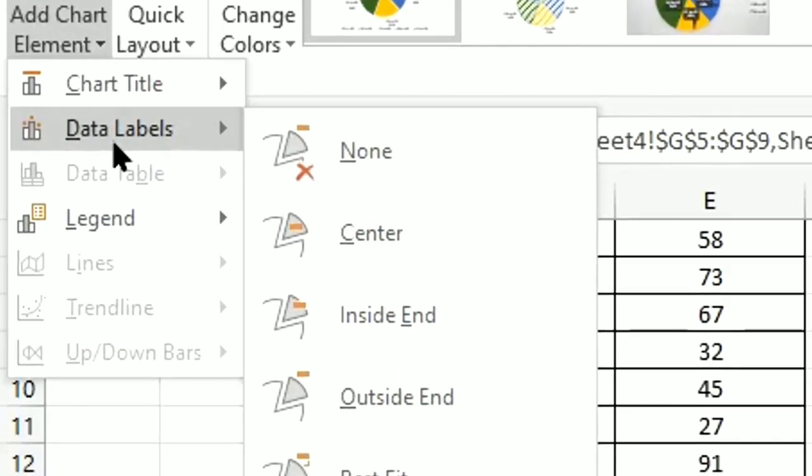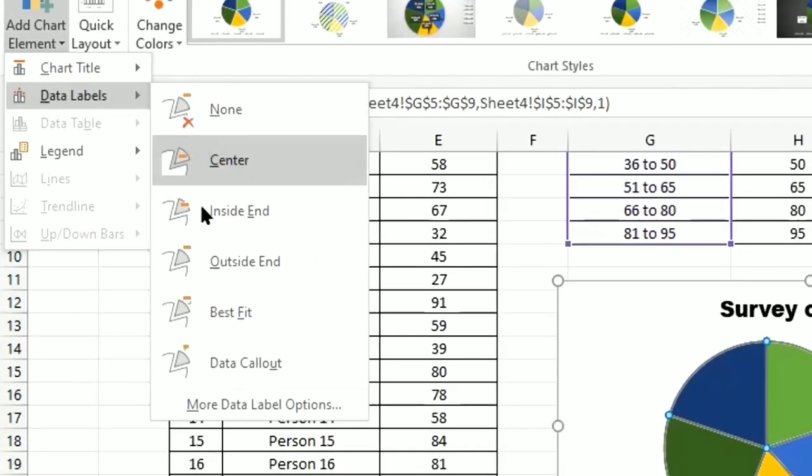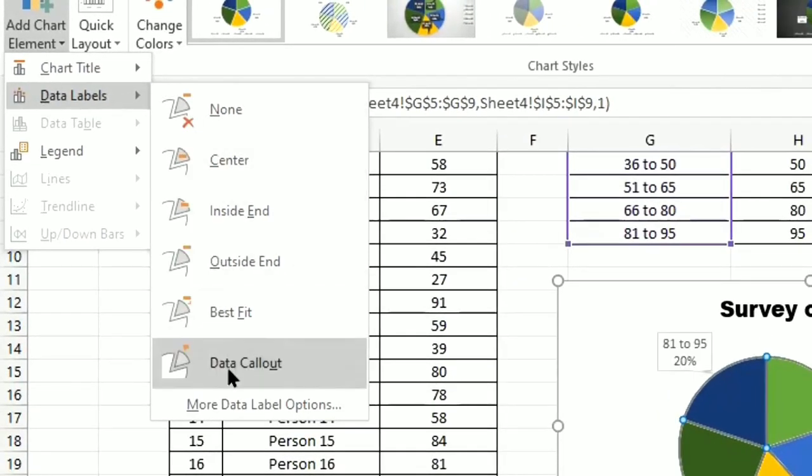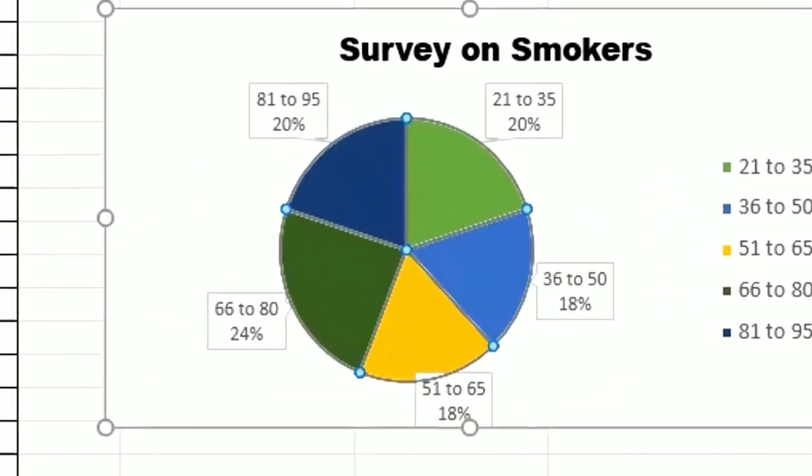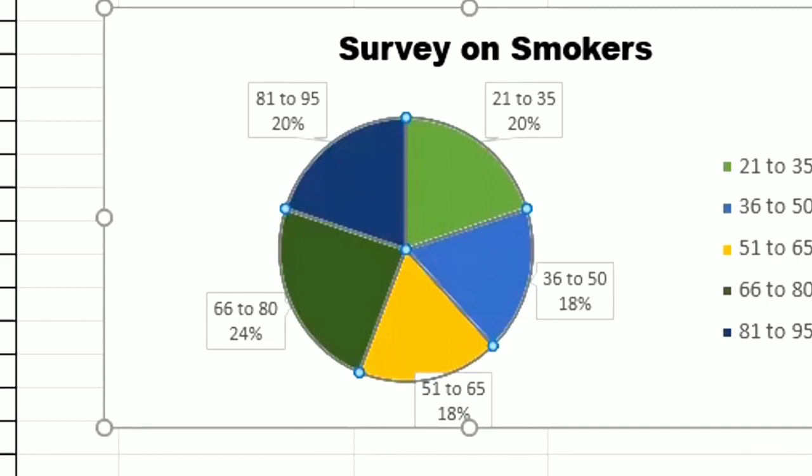If you want the data labels in terms of percentage, you need to click on Data Callout. It will show you the range, such as 81 to 95, 21 to 35, as well as the percentage.